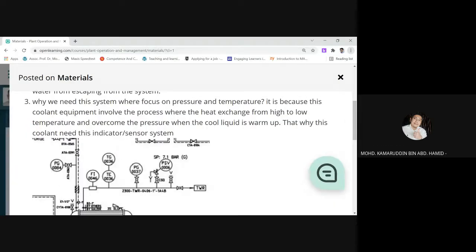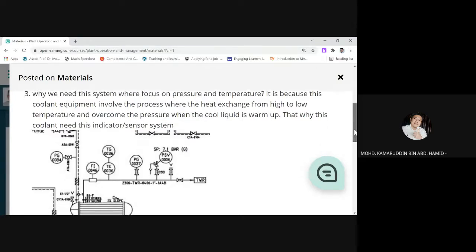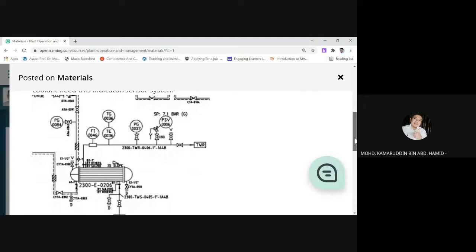There is a PSB there. This is heat exchanger, not exchanger, this is a cooler, because you have